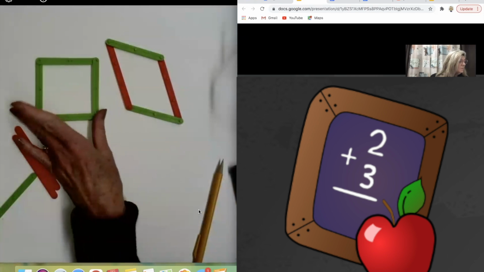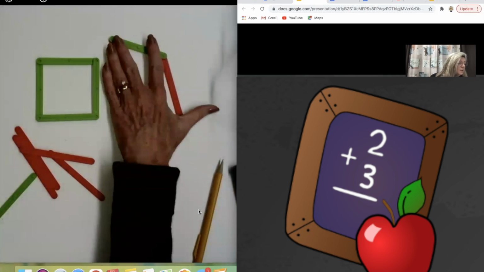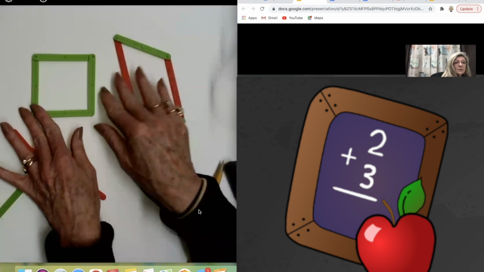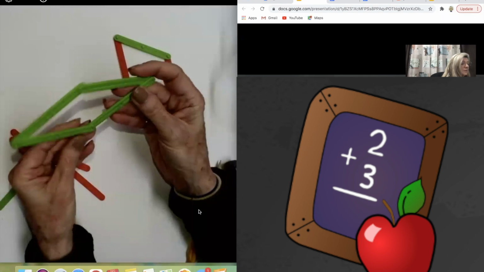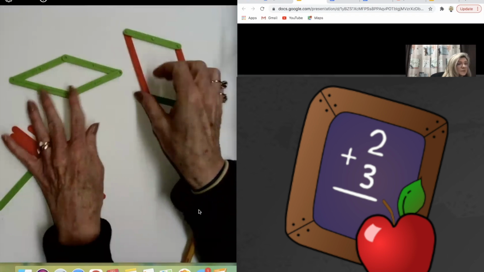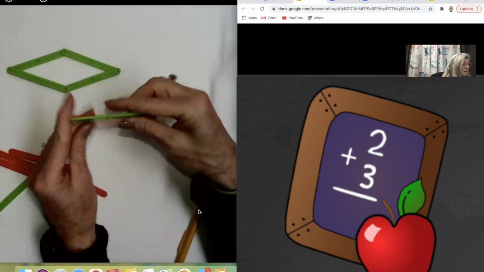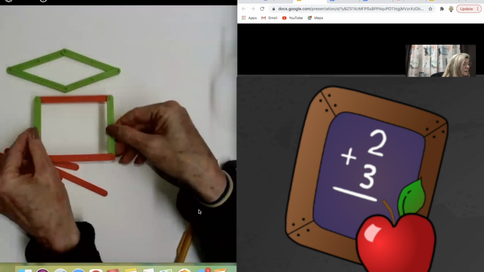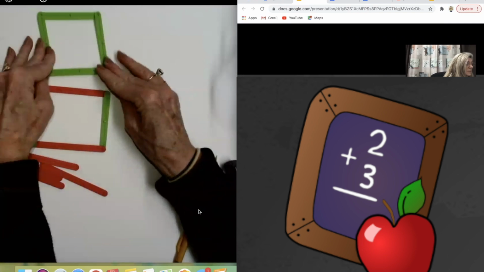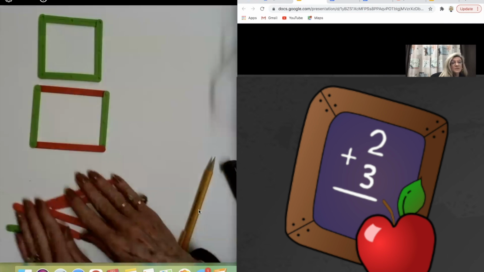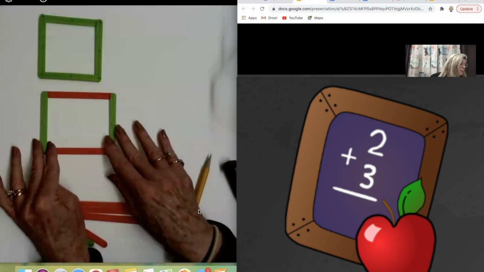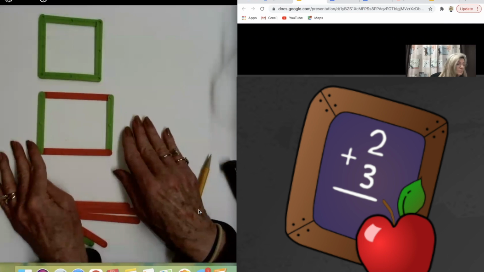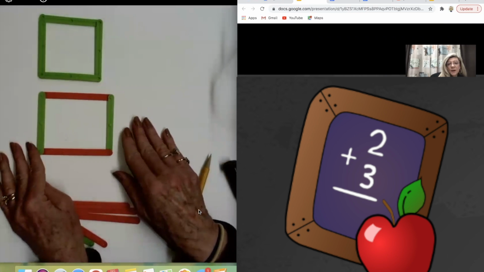All right. So obviously you can see what I've done here is I've just built these. I've built the square. And what I love about these is you can change the angles. So this square can become the rhombus. We can show this rectangle and compare it to a square and look how it really emphasizes the difference in the two. The difference between a square and a rectangle, but yet they're both quadrilaterals, and yet they both have 4 right angles and 4 sides. So I just love how you can do this.